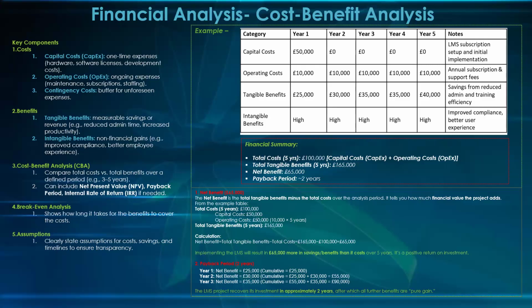If you add it together, it gives you 55. 55 is bigger than the 50K that you used, right? So at year 2, you've already started generating profit. That's why it's called the payback period. Because at year 1, you cannot pay. You are still under. But at year 2,